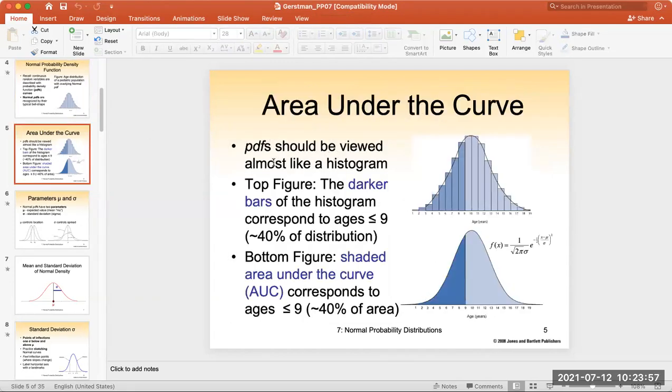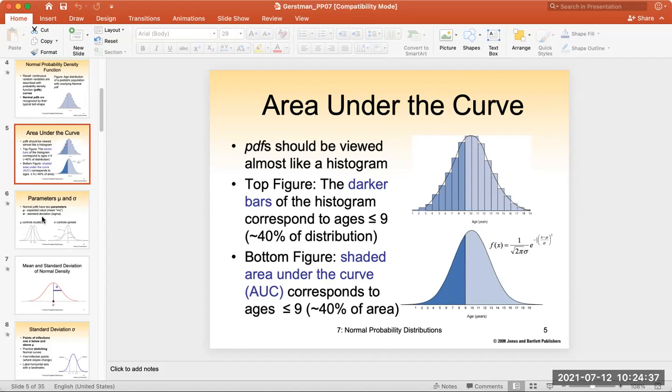So the PDF should be viewed almost like a histogram. In a histogram, what do we do? On one axis there are the parameter values, and on the other axis there is the frequency. And if the class interval becomes very small, tending to 0, this will take the shape of a continuous distribution like this one. This is the probability distribution function for a given value of x. What is the frequency of x can be determined from this function, if it is following the normal distribution.